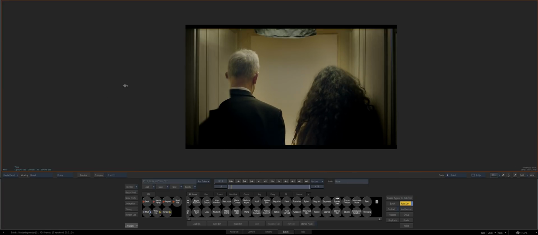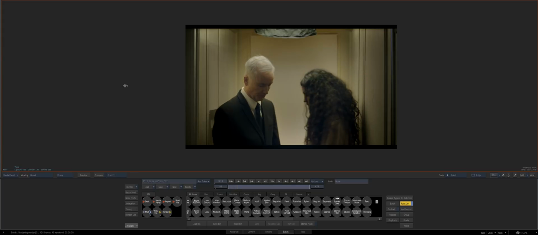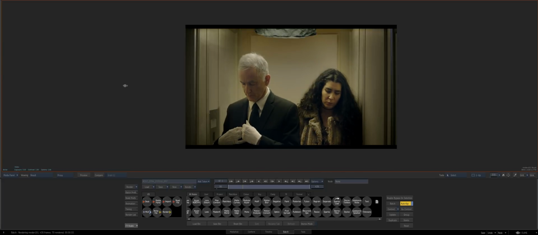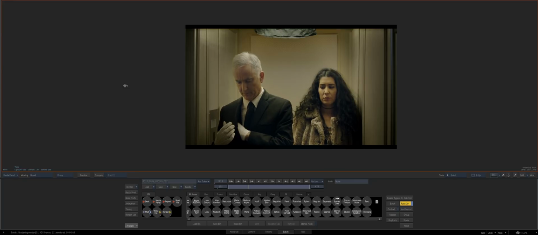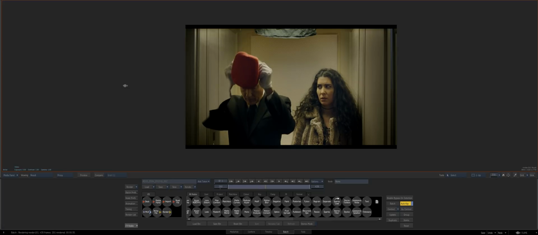Now this is something I like doing too, just for once I start getting into roto or fill in stuff. I just like seeing what I need to worry about and what I can get away with in terms of the particular shot. So it just helps me having this because I can play it back real time, and it's always handy to have something that's there available to play through in real time, even though this probably doesn't really make a difference. So bear with me. I'm just going to let this